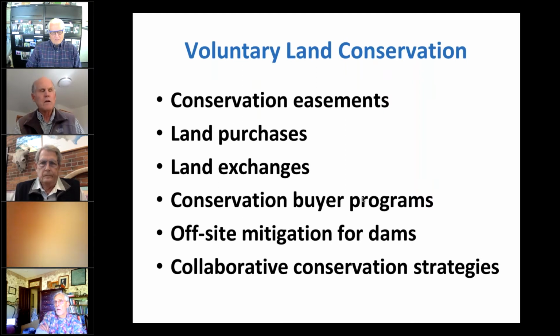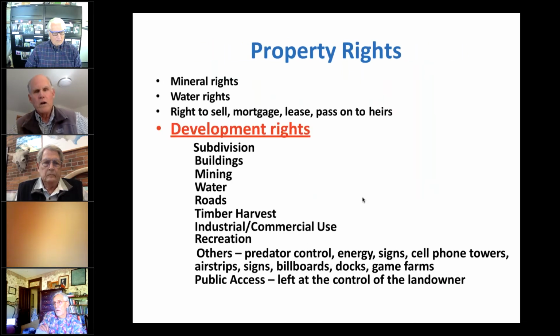And the tools: donation or sale of development rights called conservation easements, buy land, exchange land, mitigate for dams, find sources of common ground for strategies. These are the things that don't just work in Montana, but work all over the country and all over the world. And to get at that, a brief